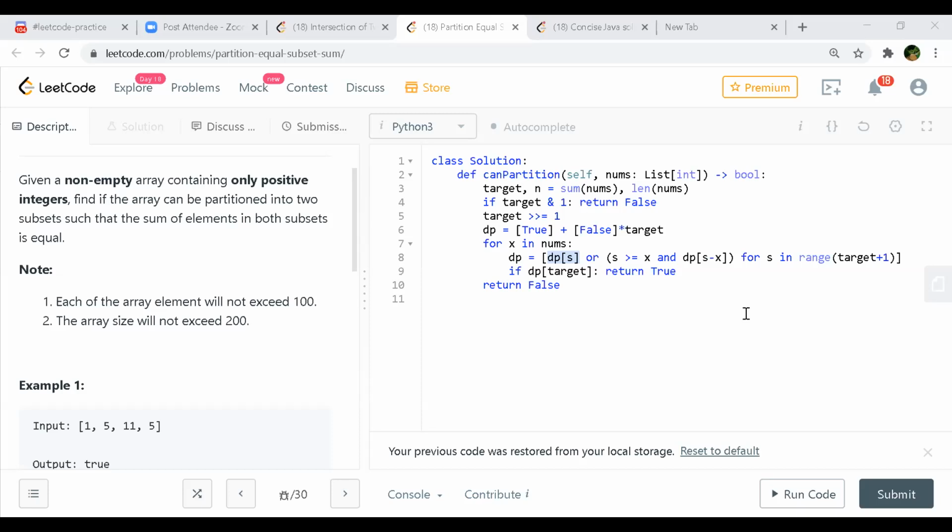Maximum possible element or the sum? No, because if we try to say it mathematically, it would be size into the maximum sum. So the maximum sum can be the maximum possible value of a particular element into the size, right? So we have size into maximum value. Maximum sum, right? For value you're telling. Yeah. So the maximum sum would be the maximum possible value for a particular element into the maximum size, right?